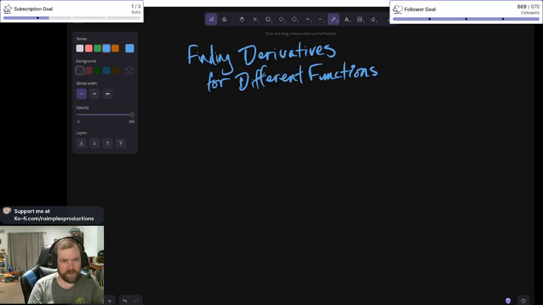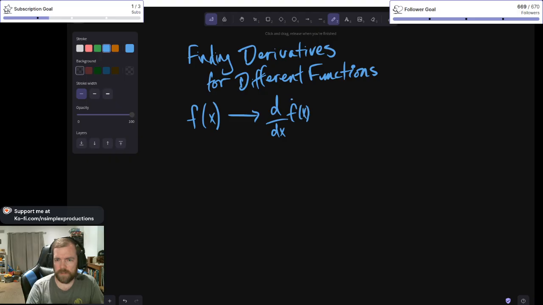And most of the time when we're talking about finding derivatives, for some function f of x, when we want to take the derivative of that function, we are looking at d dx of that function f, which is the same as taking the limit as h approaches 0